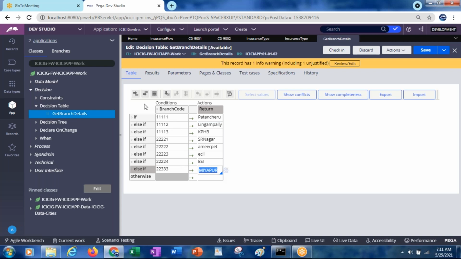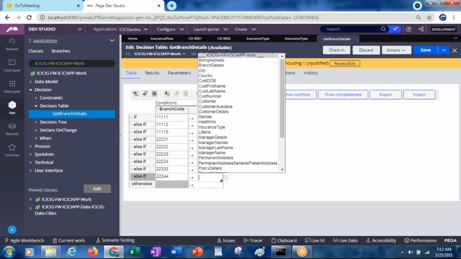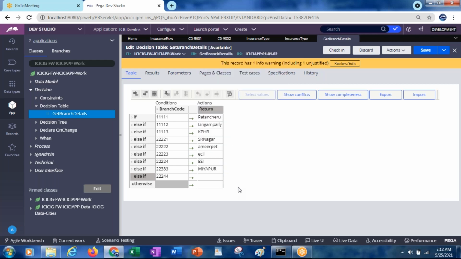Now here we are returning, like, any property we can select. We have seen something called the gender property, right? Now here we have something called search or expression.